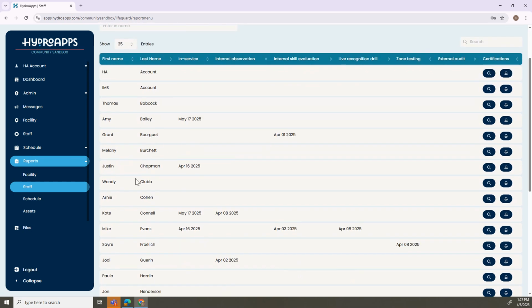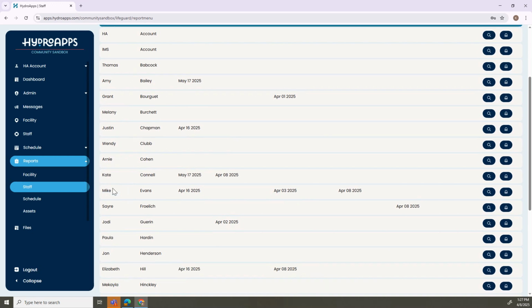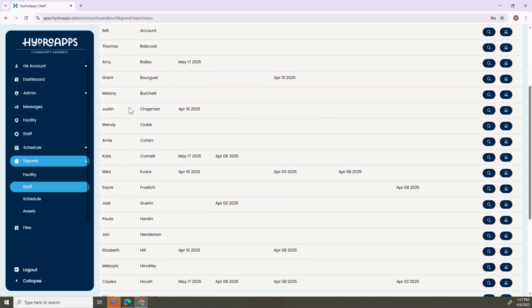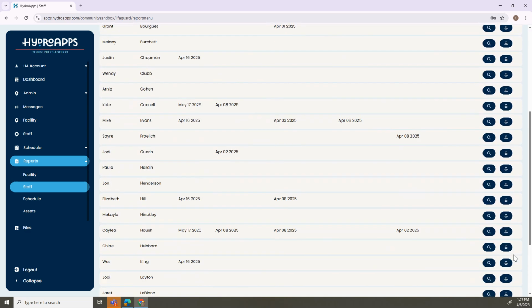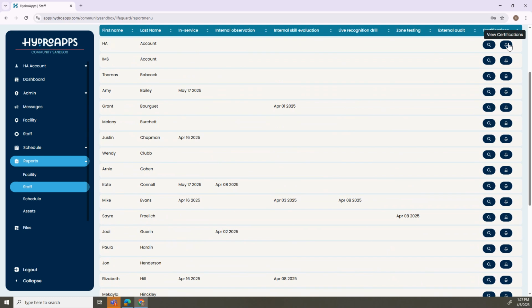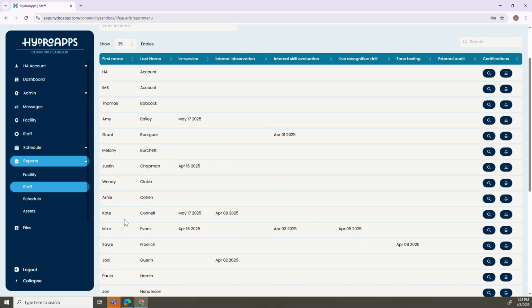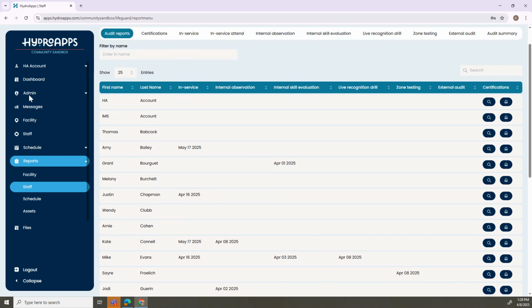And you'll be able to see here your entire team is going to populate, everybody's name, and you're going to be able to scan across the top and see their first, last name, their last in-service attended, and then the different audits and certifications. So if their certification is valid or not valid, you're going to be able to open this up and you'll see a color change. If it's not valid, you're going to be able to scan across and see who has been audited recently, where you need to focus your efforts,